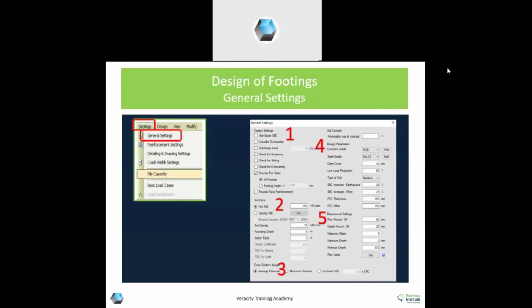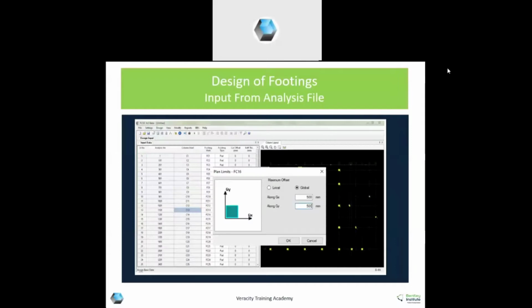Then if you are choosing stepped footing, then minimum number of steps you have to give, and minimum depth of each step, and minimum depth of total footing also you have to input. Next is plan limits.